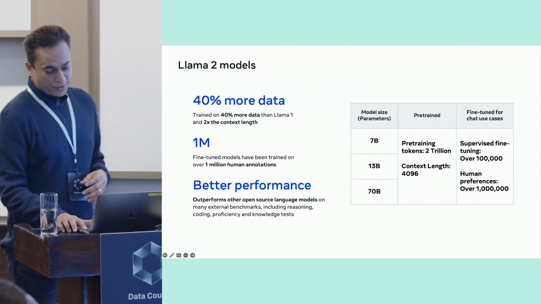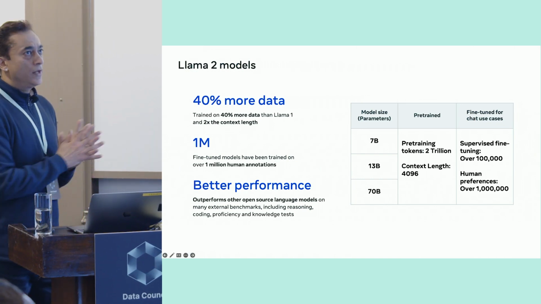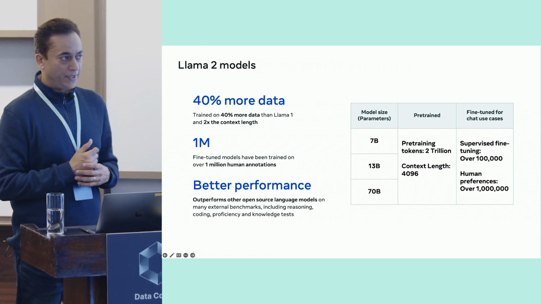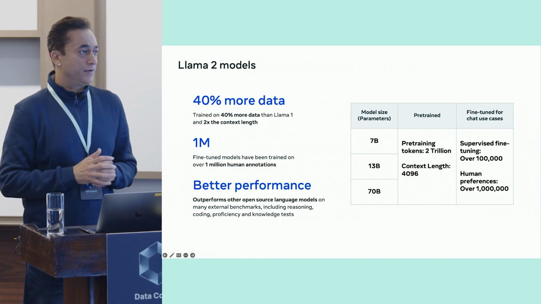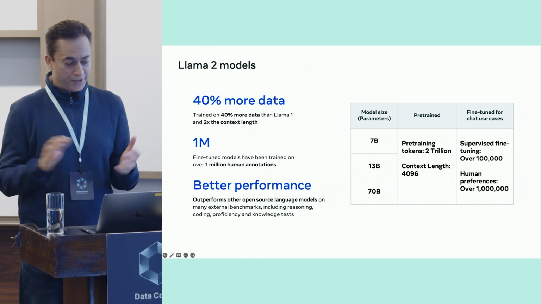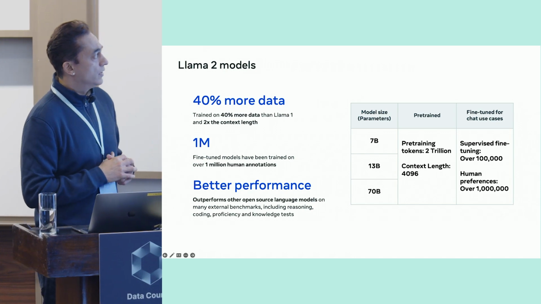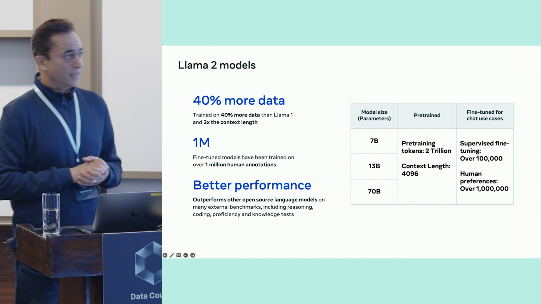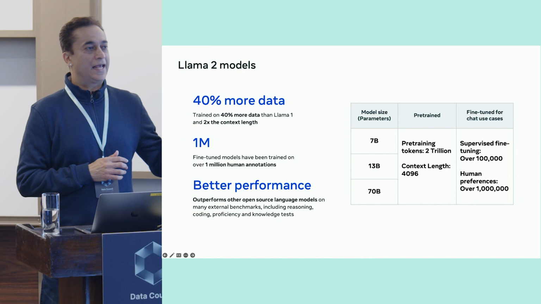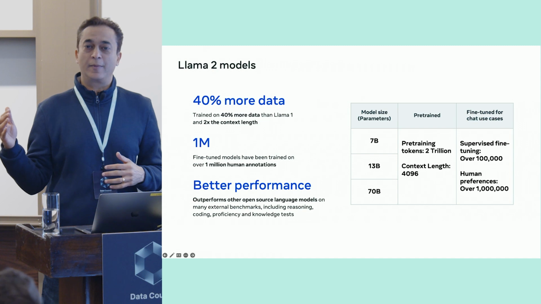So let's talk about Llama 2 a little bit. We launched Llama 2 for research purposes in February 2023. And we were blown away by the demand for open source models. And so we then launched a commercial version of Llama 2, which has 40% more data than Llama 1, and it has twice the context length. Now, to be honest, it is already a year old, and it is becoming stale. So we do expect future versions of Llama coming out soon.